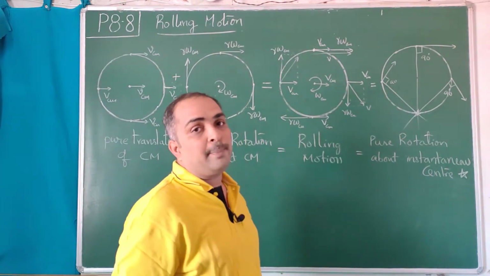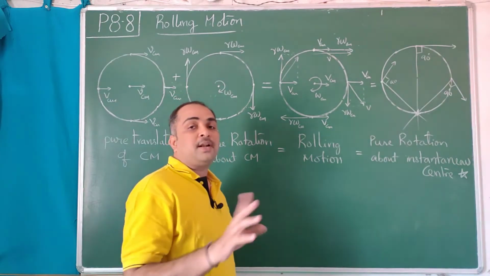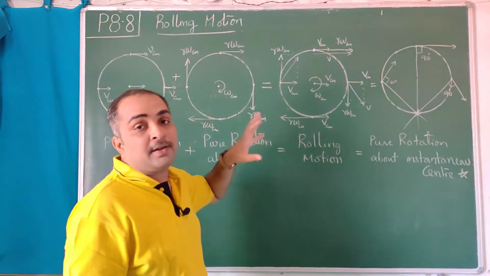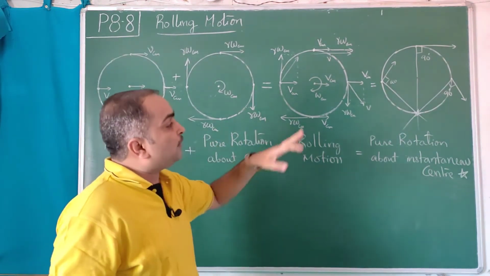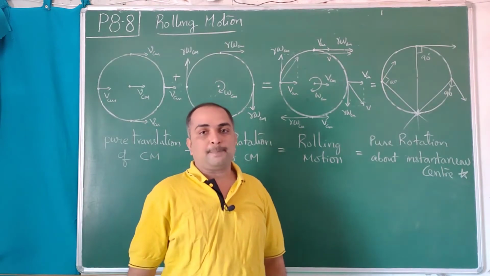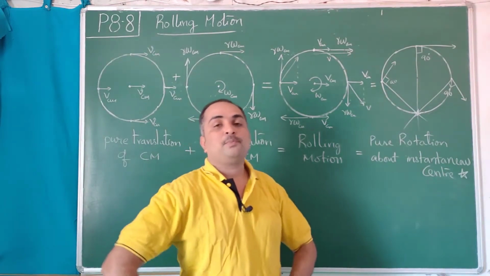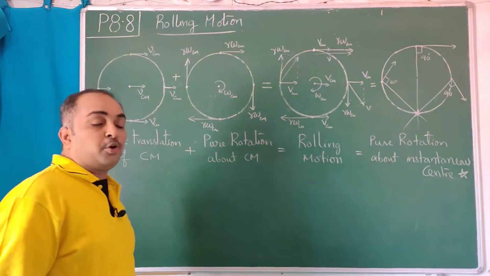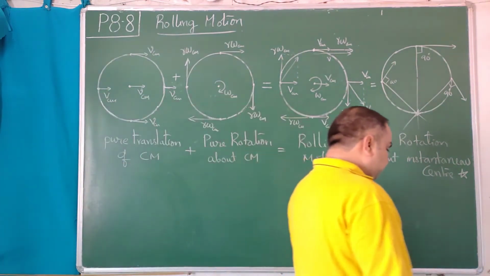That is again not rolling motion. Basically it's a combination of translation and rotation. So if some object is purely translating and purely rotating, and it is not rolling and it's not round, then you can even deal with it as pure rotation about its instantaneous center. So this, anyhow, we will deal with later on. This version of mathematics is more comfortable and easier. We will do that first.